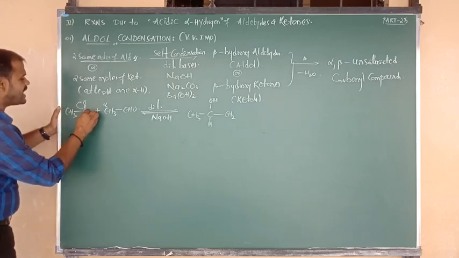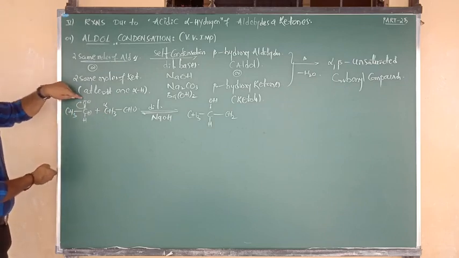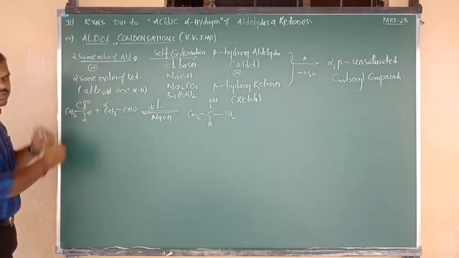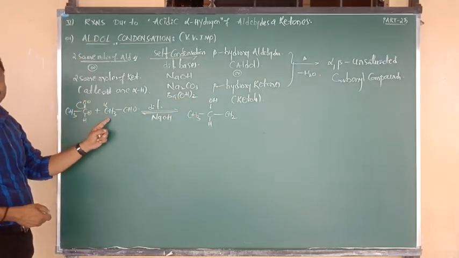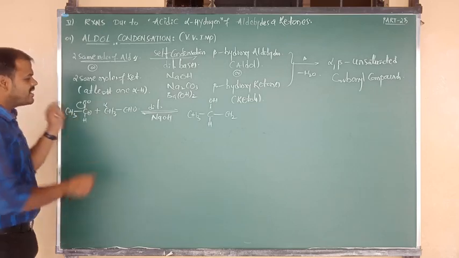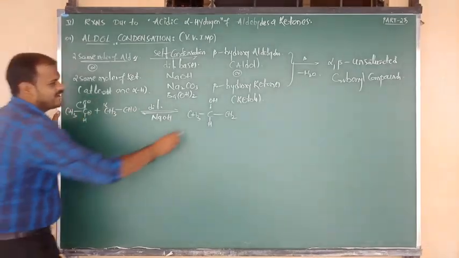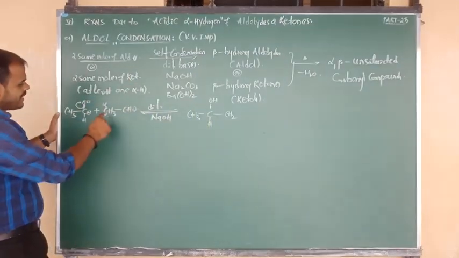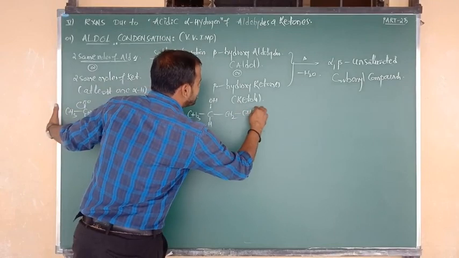Okay, now once again this pi bond is shifting towards the oxygen. Central C contains the charge positive and oxygen contains the charge negative. O minus is attacked by H plus of acidic hydrogen. So we have written OH. After loss of H plus, CH3 becomes CH2 minus. Now CH2 minus attacks upon carbonyl plus. Next, it is connected to what group, Nana? It is connected to that is nothing but CH3.